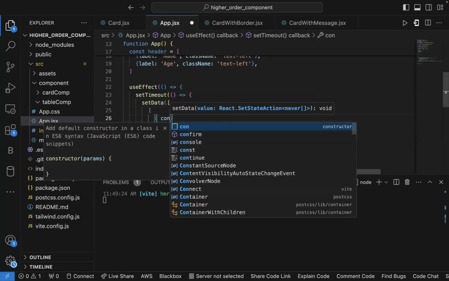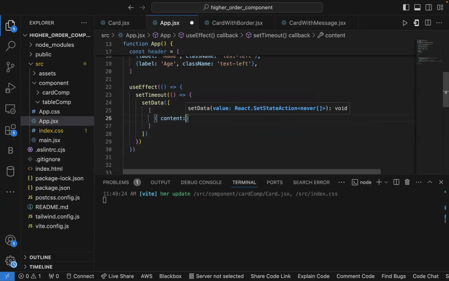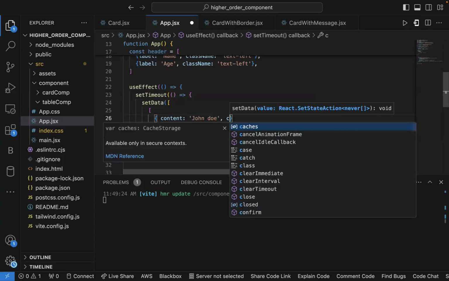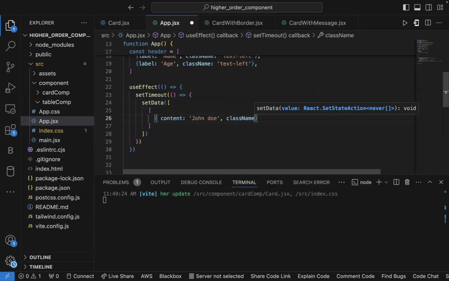So I'll say content, and for this first content, I want it to be John Doe. Then I'll say class name. I want the class name to be text left. Good. Then for age,